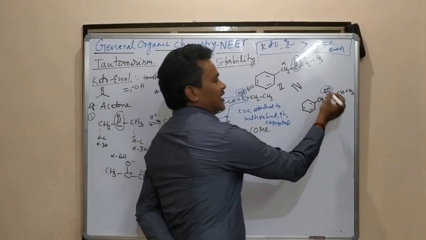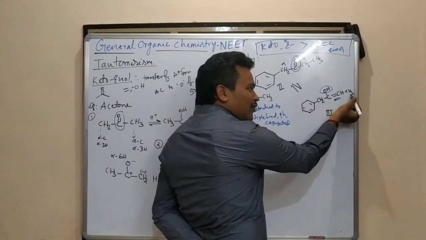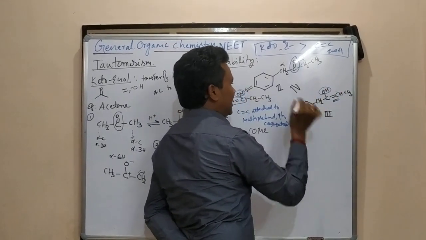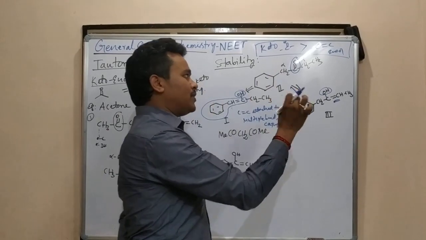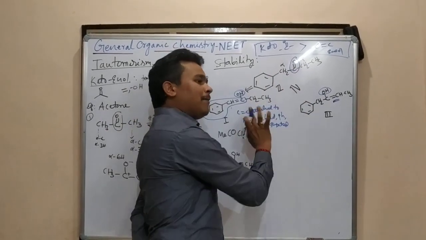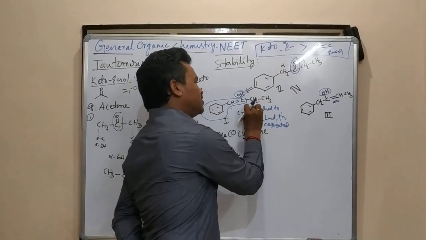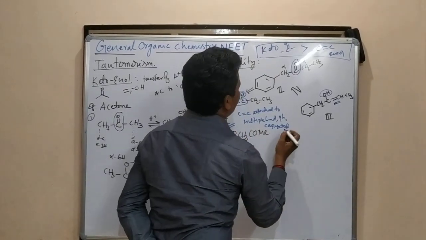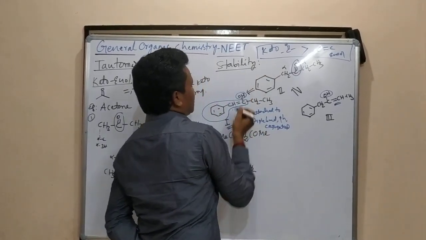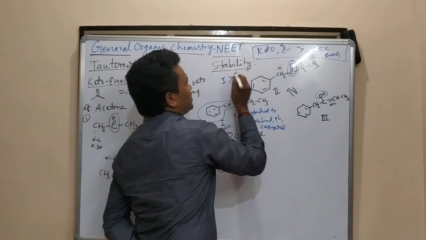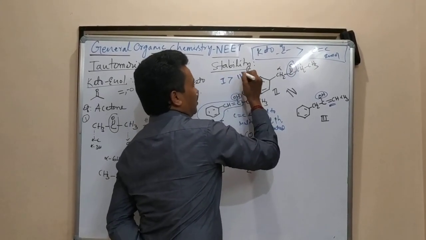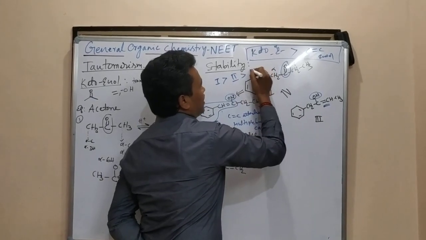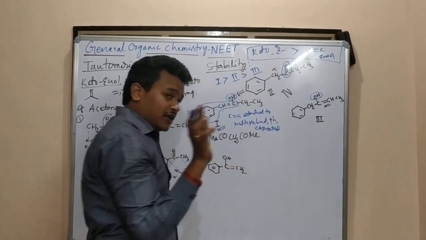And now this one, you see, here a double bond is there, but on this side only a methyl group is there. Here there is no conjugated system. In this general statement, the keto group is more stable than the enol form. But here it is the enol form. Which form? The first enol form is going to be stable. Which stability order are we going to write? In this stability order, what is coming first? One is coming first. Then as usual keto, 2 is coming. As usual 3 is coming. This is my order. You have to observe here.